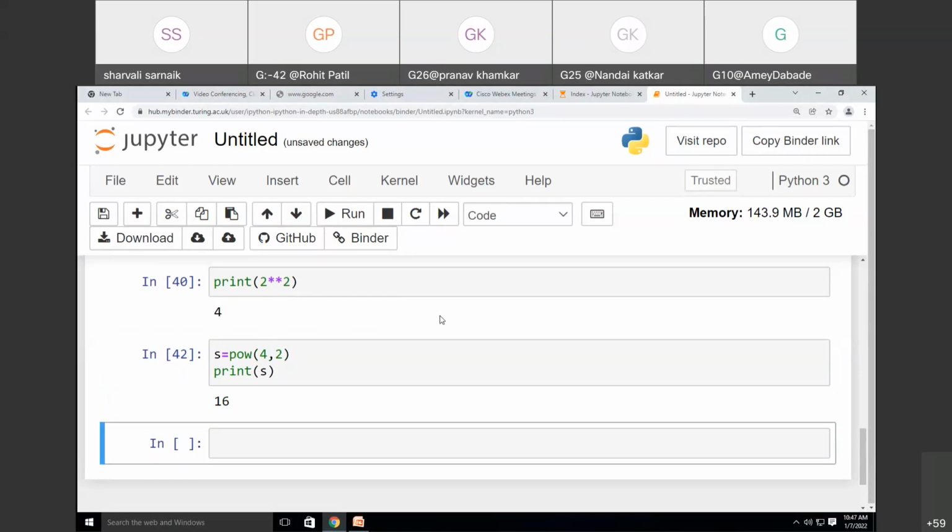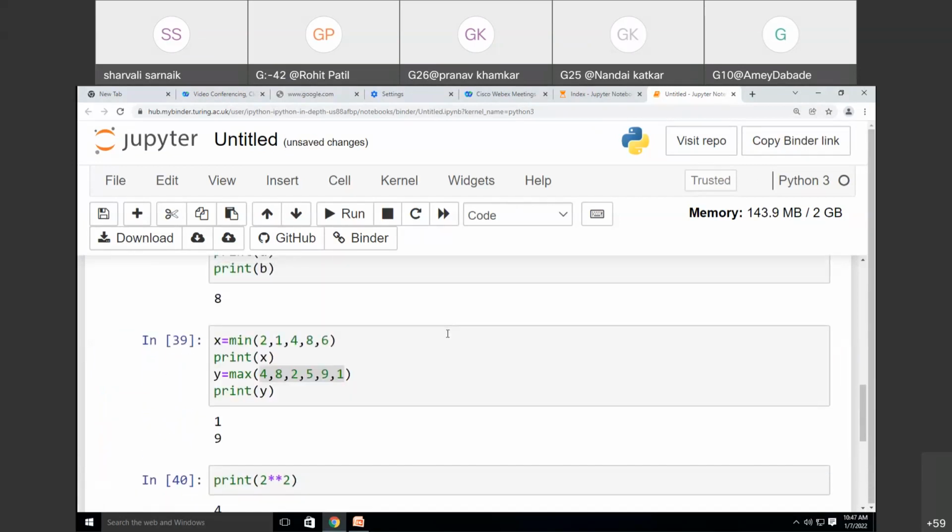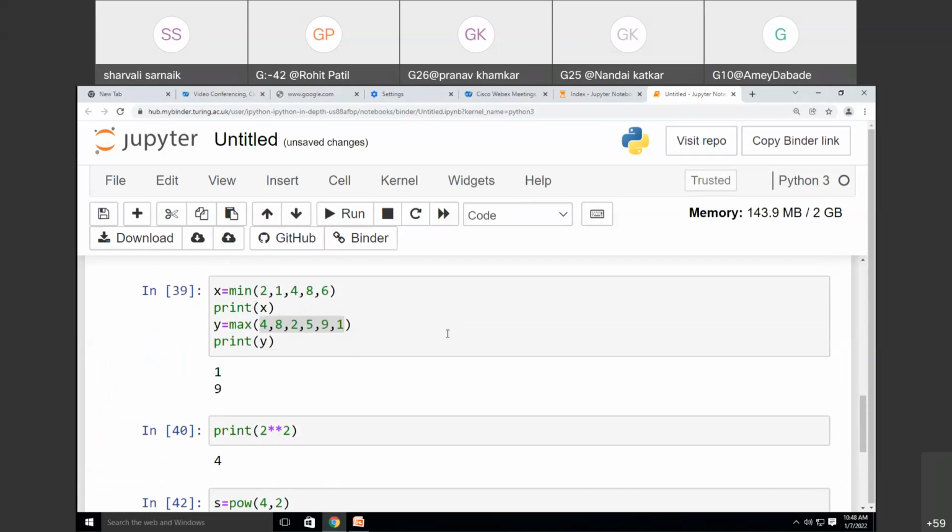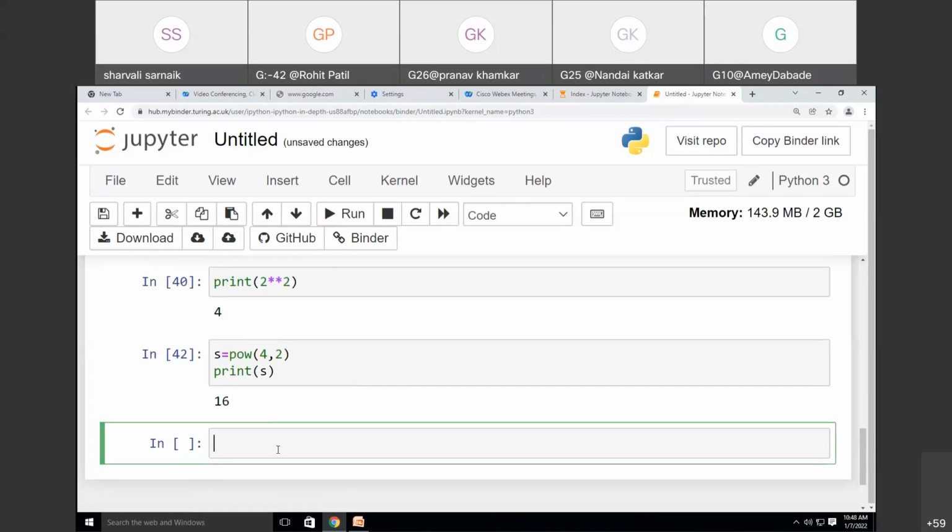We have seen the min function, the max function, and the power function, that is POW. Now, another function is the length function, LEN. LEN indicates length. So, see now, I'm writing t is equal to, inside the double quotes, KIT. Okay, t is equal to KIT.